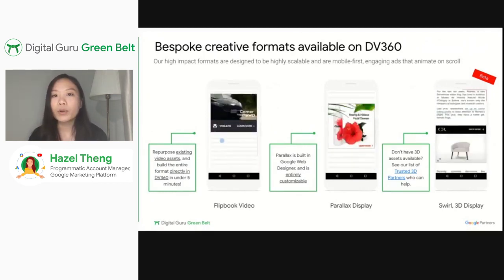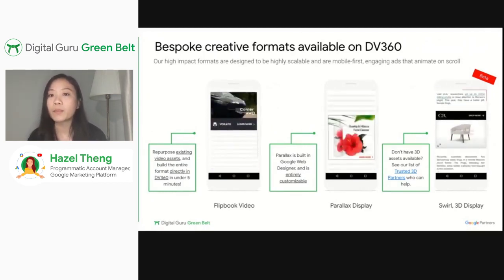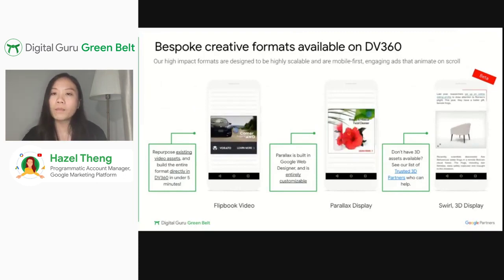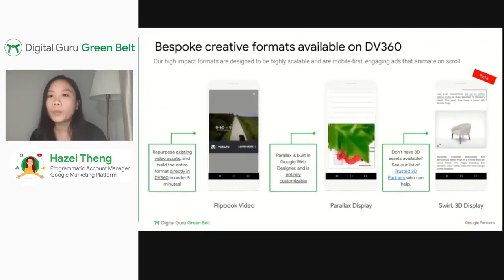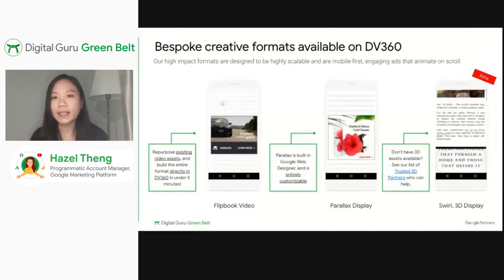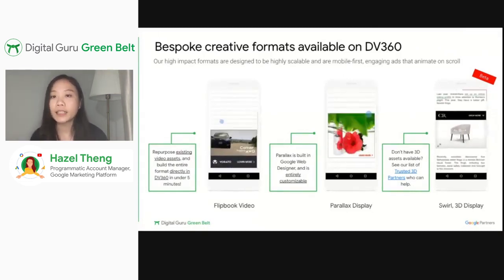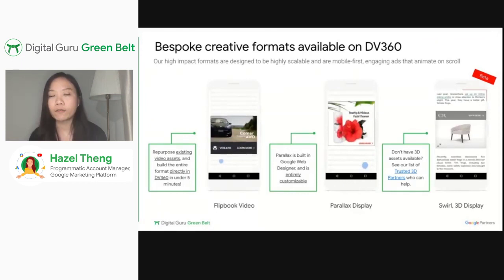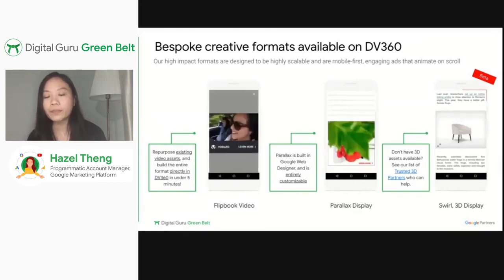The second is what we have here in terms of the parallax format. Parallax is a scroll-based display experience built in Google Web Designer, and this can really be ported into DV360 directly from Google Web Designer.